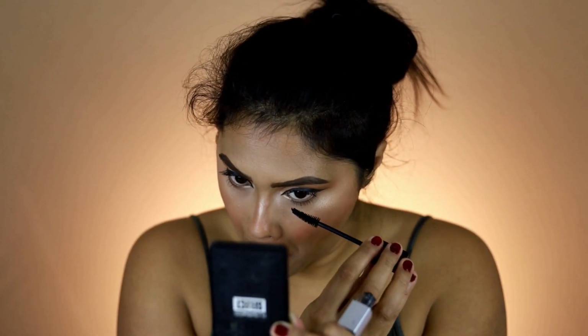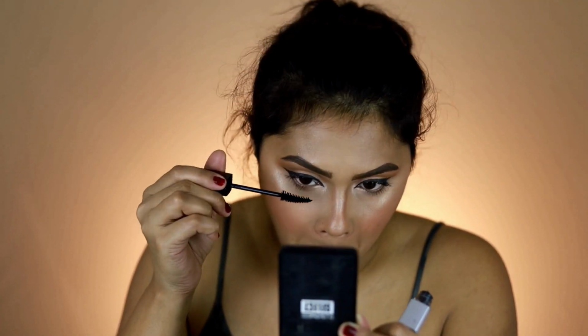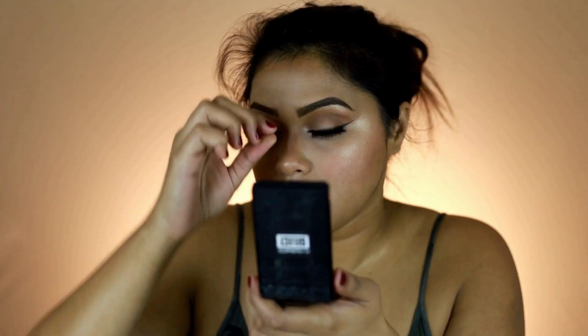For my lashes, I'm using mascara by Maybelline. This is the Snap Mascara. And then for my lashes, I'm using these lashes that I got from a wholesale store. These lashes are nothing special. They're very, very natural looking lashes. Once I've popped them on,